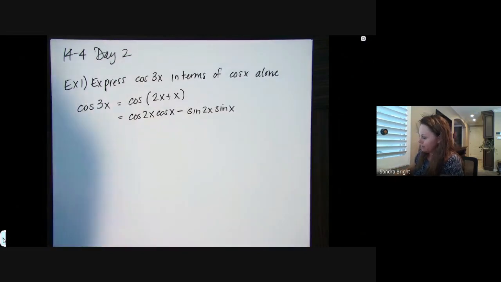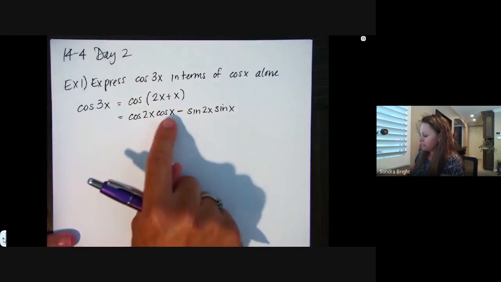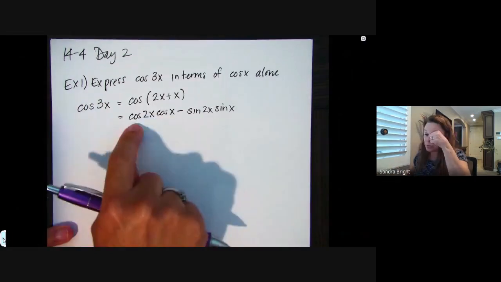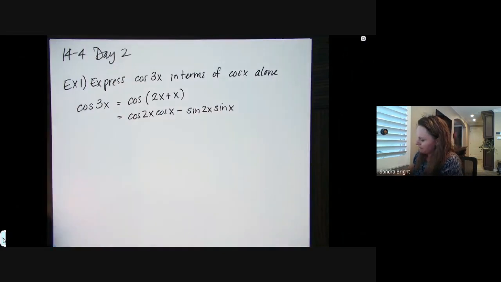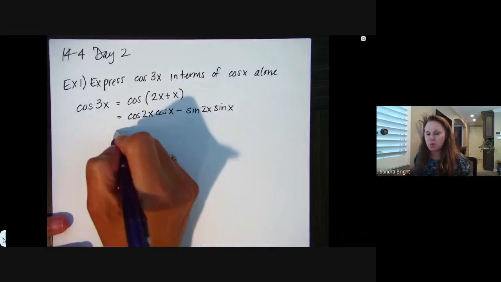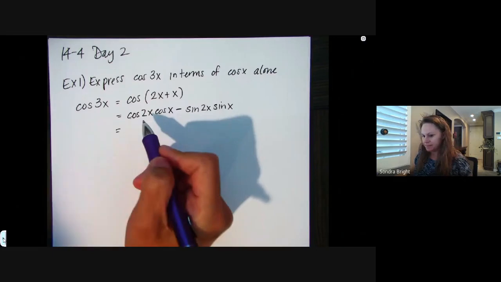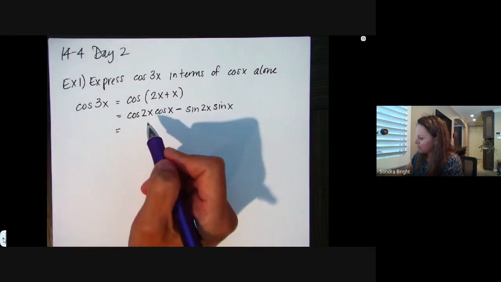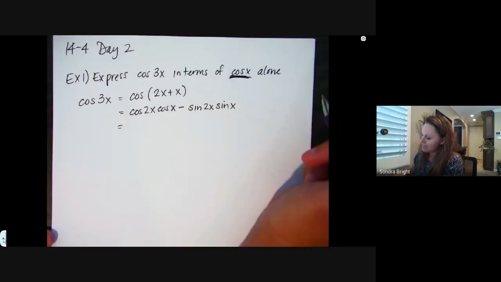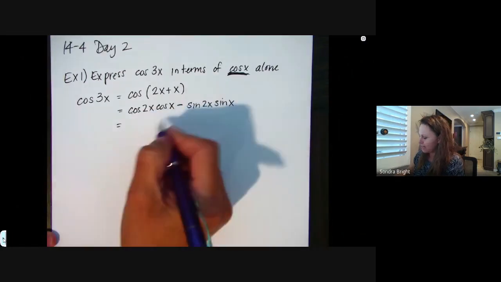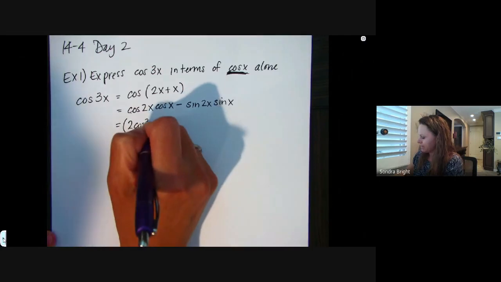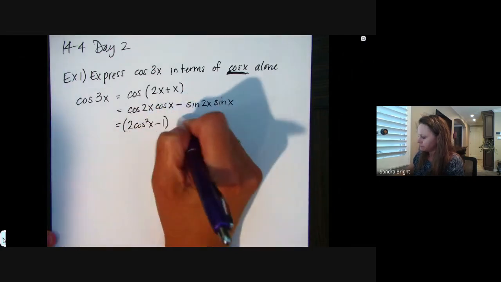So that's looking good. Cosine of x is looking good. The sines are not looking good, and neither is the cosine of 2x looking good. So we need to do more with this. But cosine of 2x, we have a double angle identity for that. And there's 3 of them to choose from, right? But since I want everything in terms of cosine and only cosine, then I'm going to choose the identity that has only cosine in it, which is 2 cosine squared minus 1. And then I've got it's still times cosine. And then